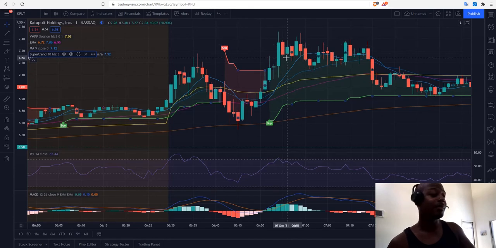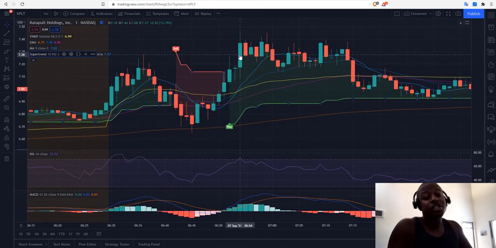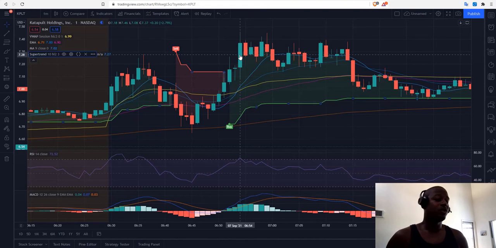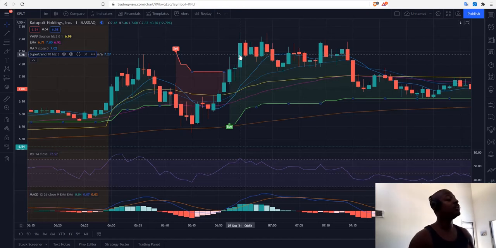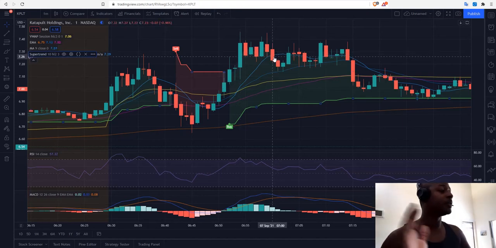Yeah, I'm in the green. I'm like, okay, right off the back, I'm in the green. Should I have taken my wins? Probably, but I was only up like 1% at that time, and I was shooting for like 2 to 3%. And again, that's when your risk management comes into play, that I teach you guys. Whatever is yours, but